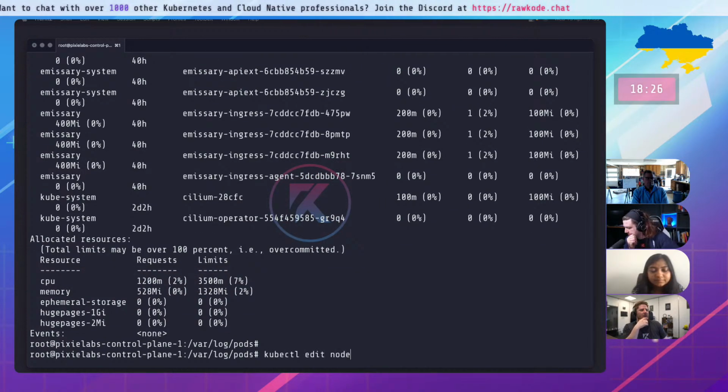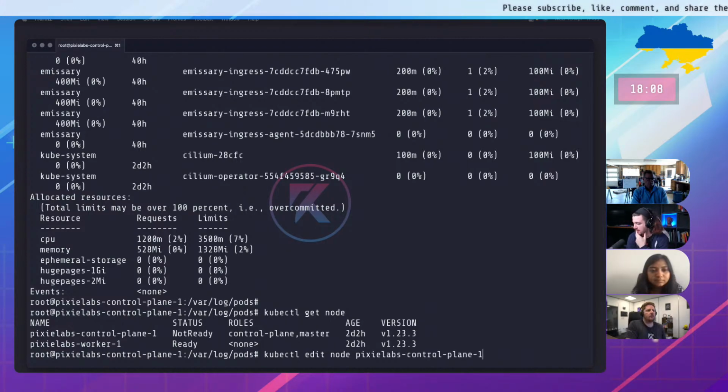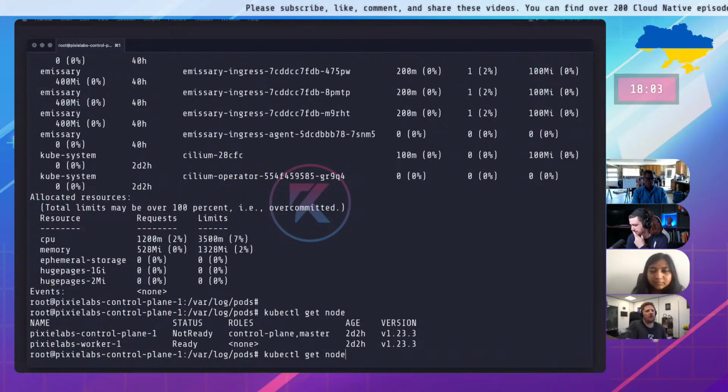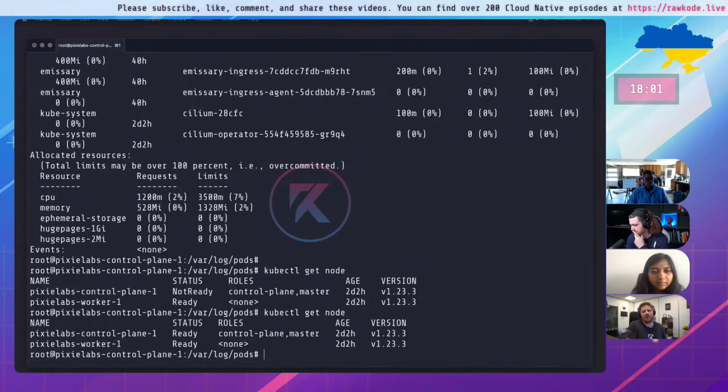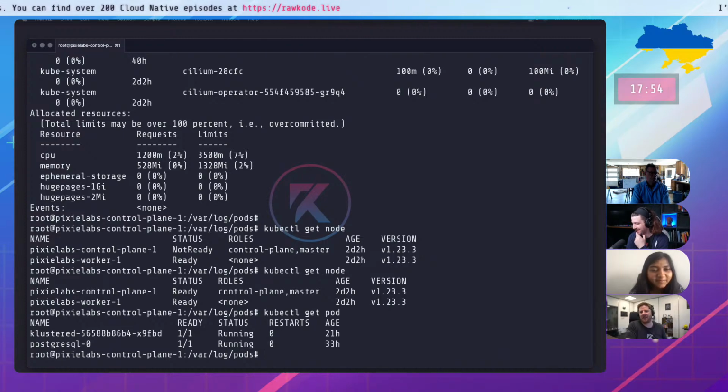So edit node, pick PixieLabs control-plane-1. Oh well, worker 1 came back at least. Is this just etcd being slow? Yeah, it's back. There we go. About to debug something that wasn't broken. Always fun with Kubernetes.